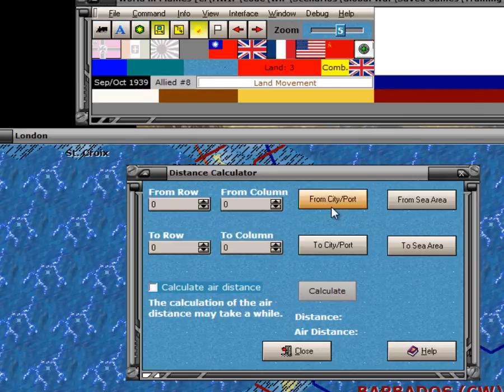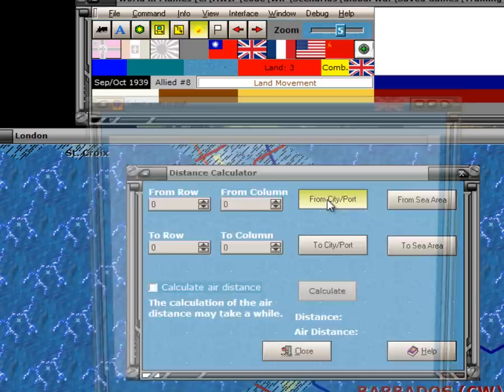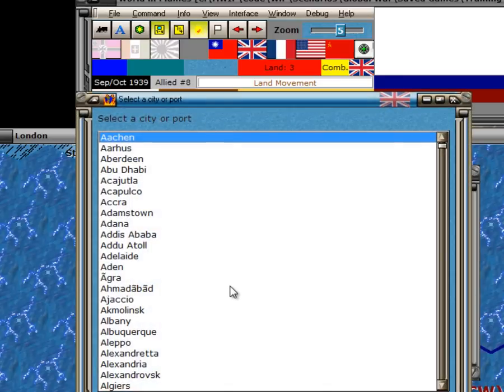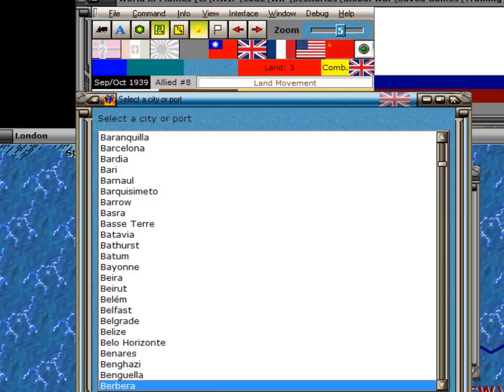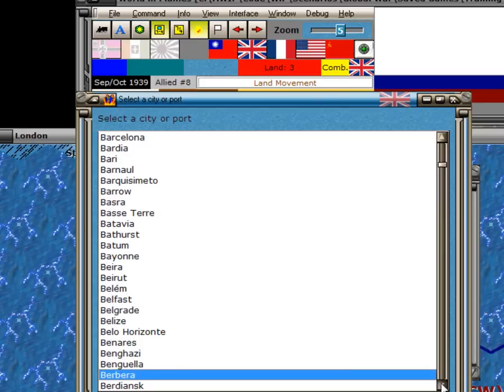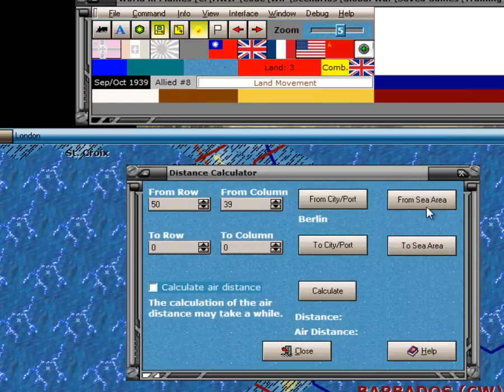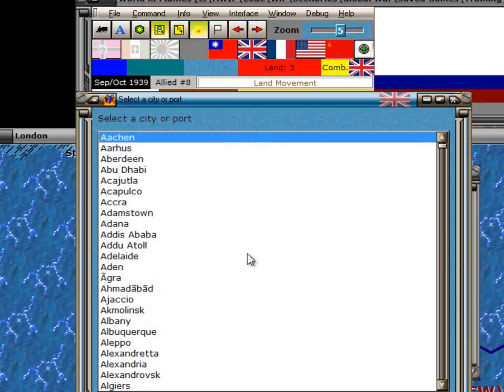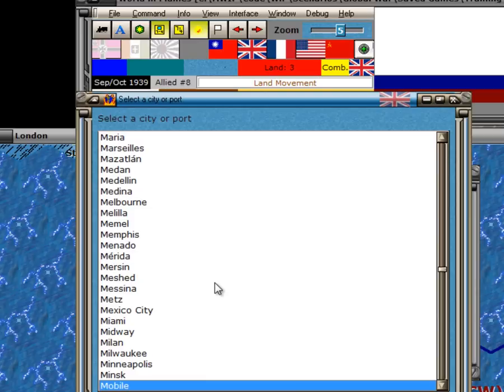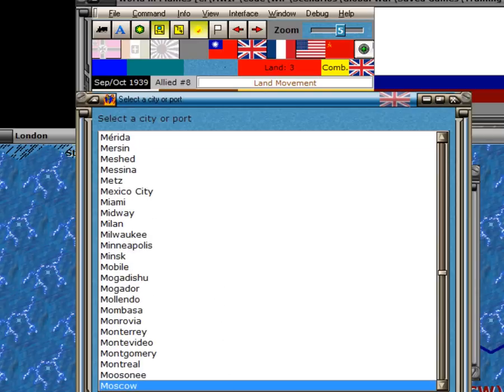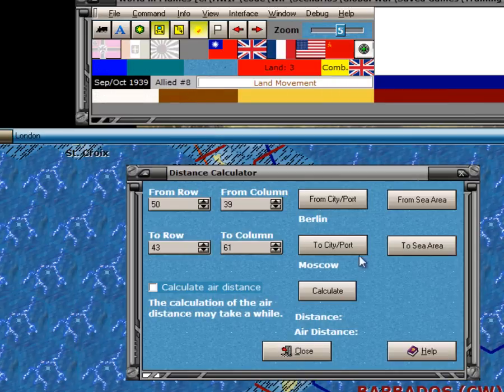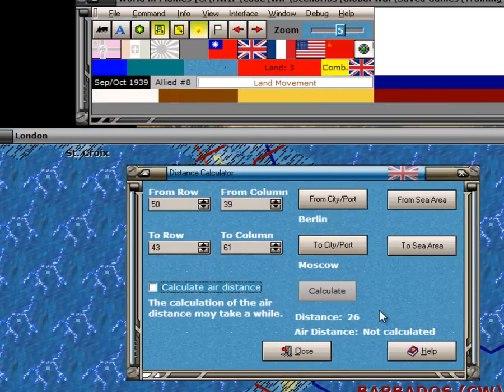For instance, if we want to know the distance from Berlin to Moscow, I'll bring up the Find Cities and type in BER for Berlin. That doesn't quite get the job done. So move down here, select Berlin, and then for the destination, we type in Moscow. I just need MOS for that. Try it again, MOS, and we get Moscow. So now we're finding the distance from Berlin to Moscow, and when you say calculate, it tells us that it's